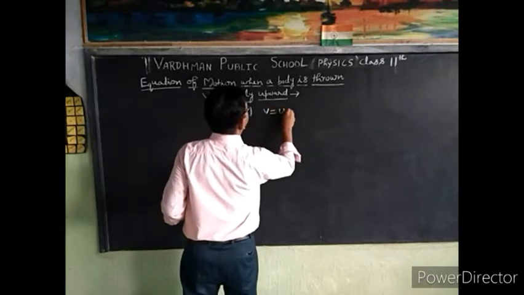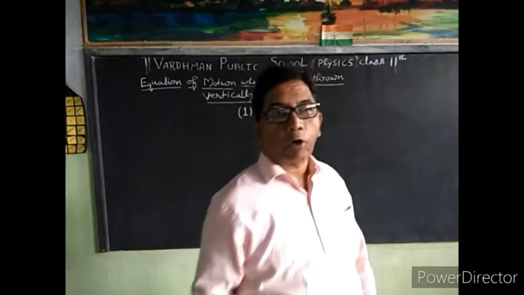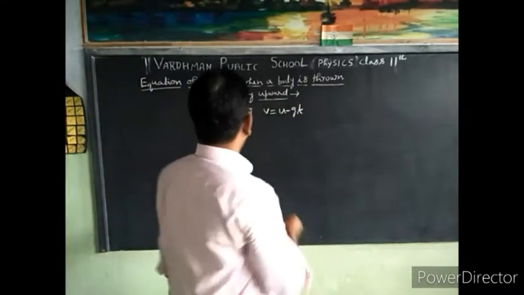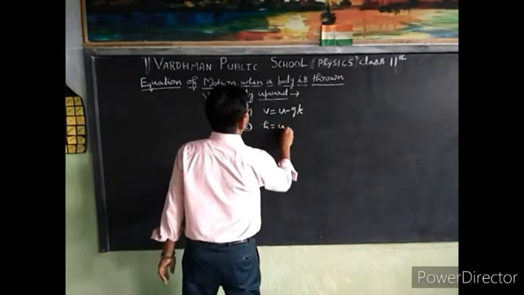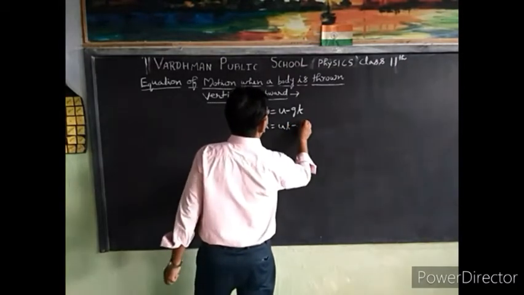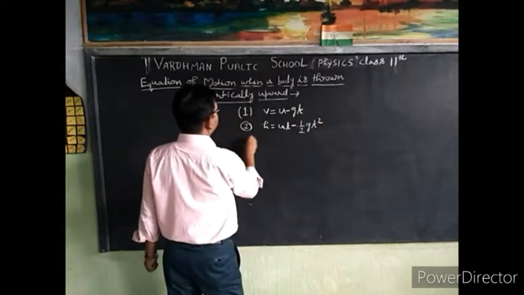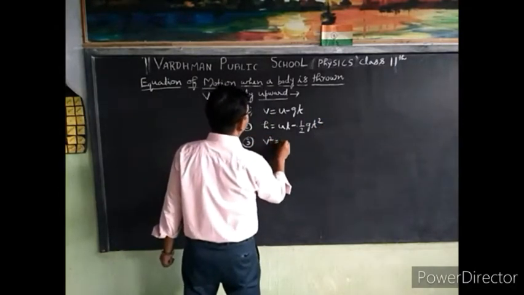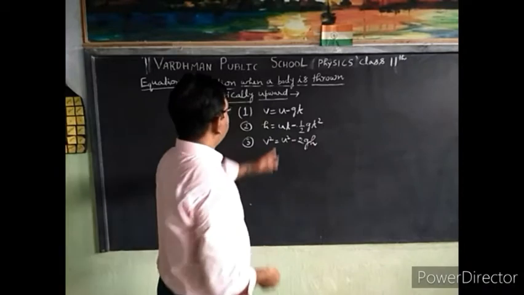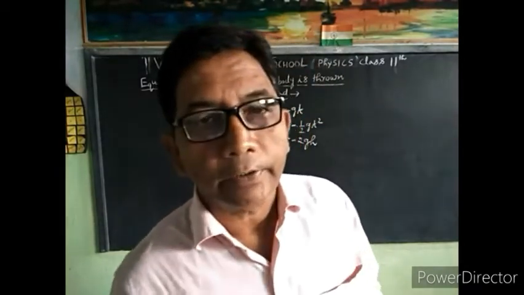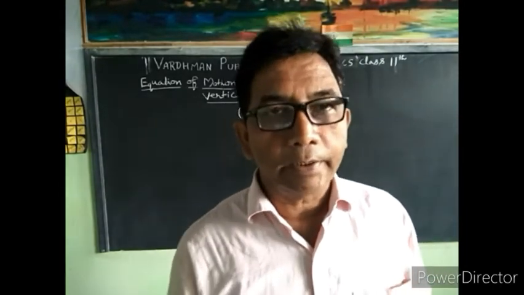First equation, v equals u minus gt. This happens when a body is thrown vertically upwards. Second, h equals ut minus half gt square. Third equation, v square equals u square minus 2gh. Here u is the initial velocity, v is the final velocity, g is the acceleration due to gravity, and h is